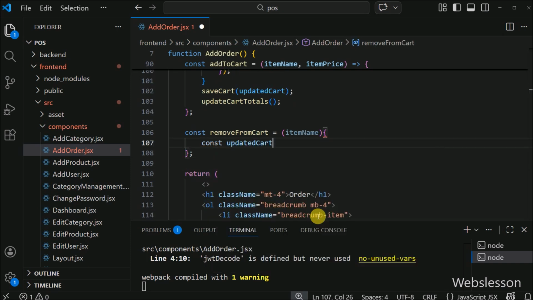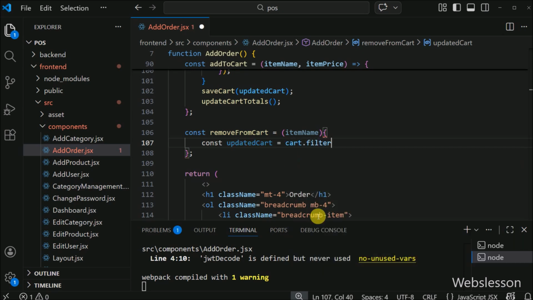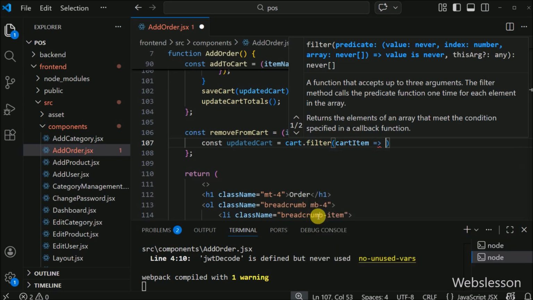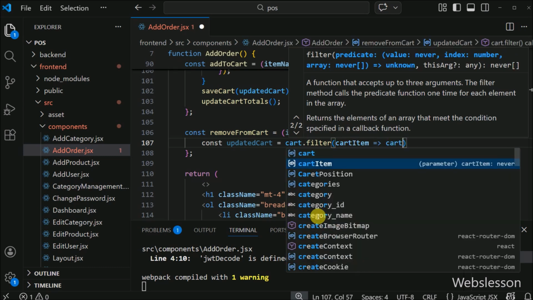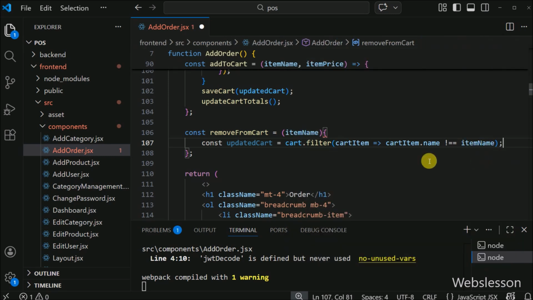Inside this function, we have to create a new updated cart by filtering out the item whose name matches the item name parameter. So here, we have to write the cart.filter function, and under this, we have to write a cartItem variable with an arrow function: cartItem.name is not equal to the itemName variable. So this code will remove the defined item name data from the cart,